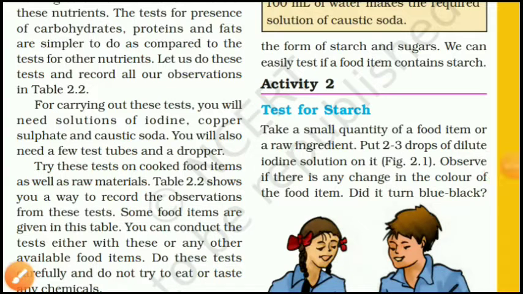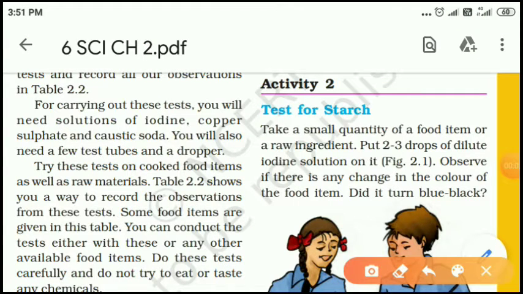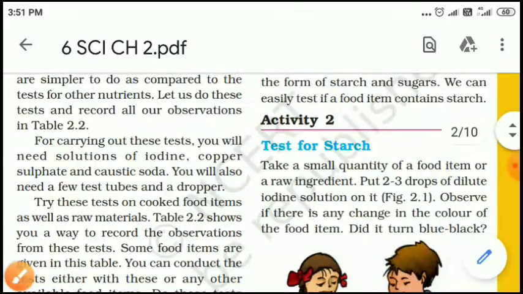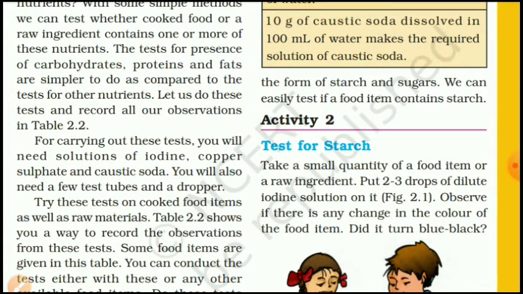This is part 2 of 6th Standard Science, Chapter 2, Components of Food. And in the last session, part 1, we discussed up to activity 2. Before starting our next part 2,